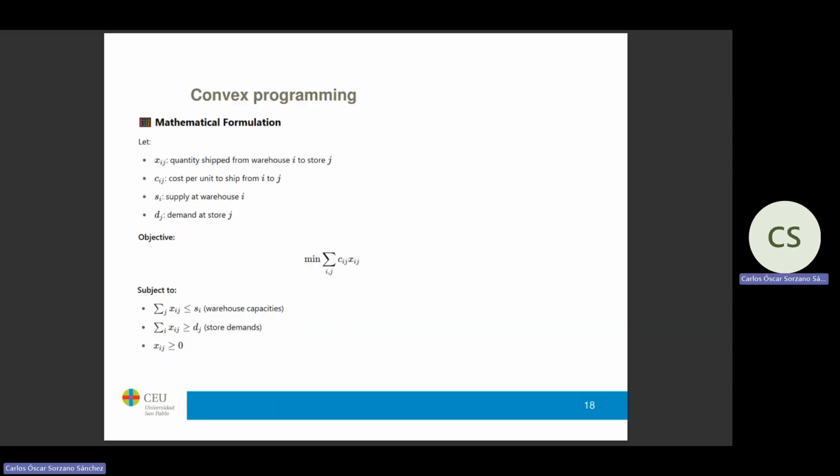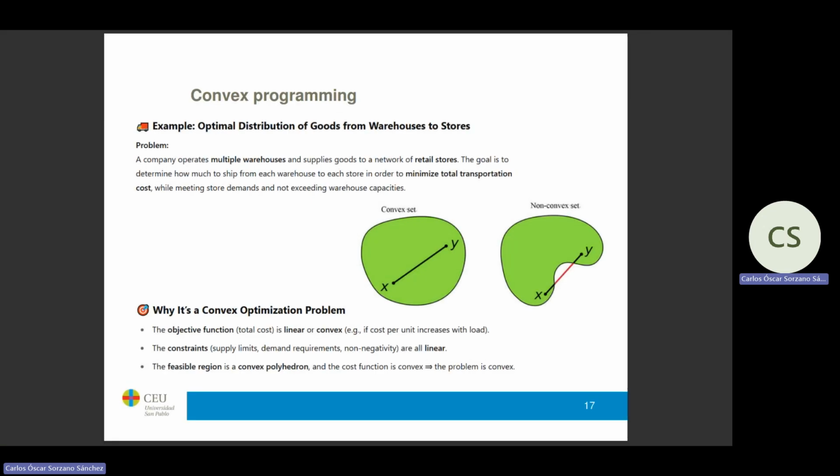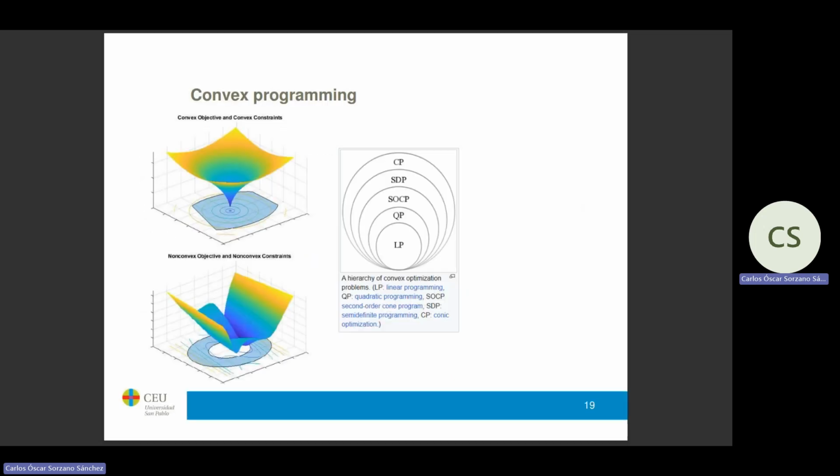So this is our case. And then there are some special cases, some special algorithms that, for convex problems, are very efficient. They don't look all over the screen. They just look at the corners of the polygon, and they find those corners very efficiently. And then actually convex programming